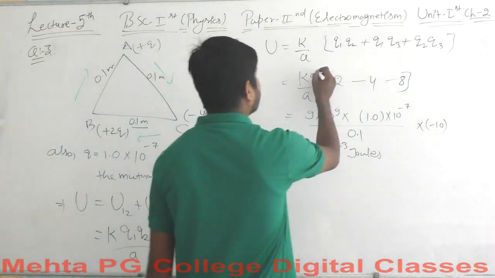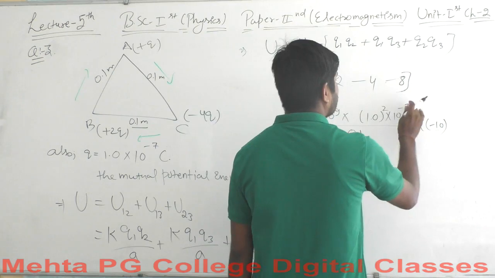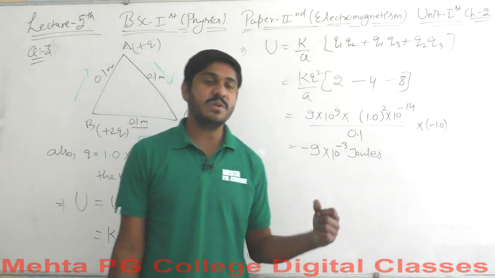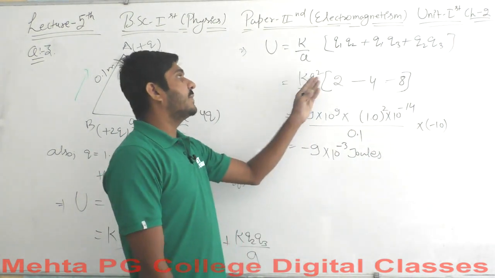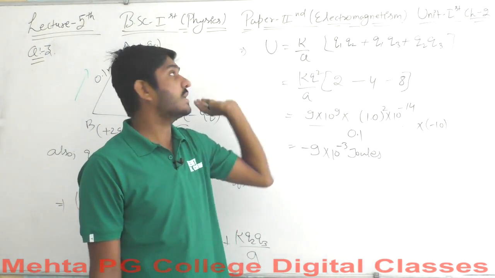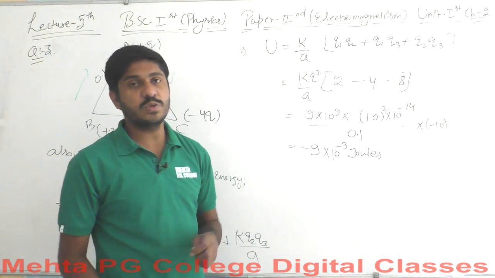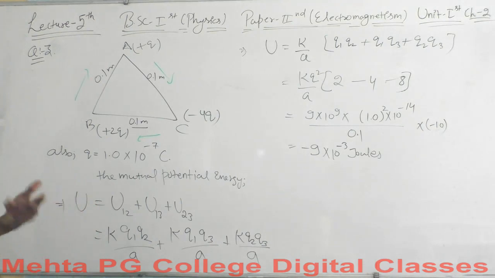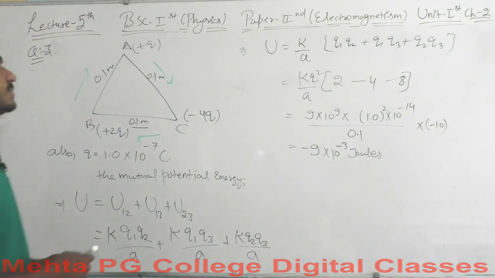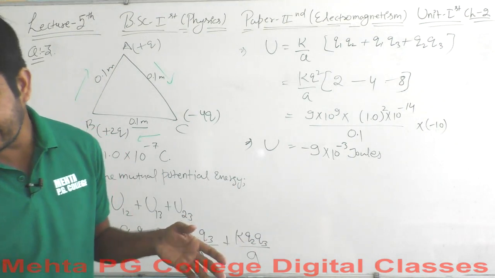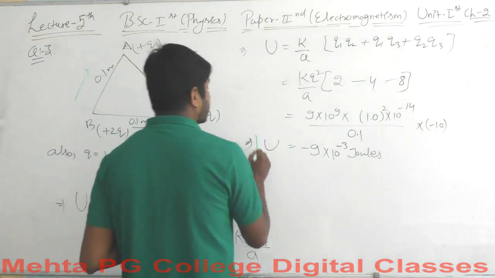Well, here it is Q square, sorry, and this value should be equal to minus 14 by now. This value must have a square term, because if you take Q and Q out of this, then Q square should be taken out of the bracket, not the Q only. So that's why this should be Q square here, and we will end up having the value minus 9 into 10 to the power minus 3 joules here. Okay, so this is it. This is pretty much easier for you to calculate, and it has not so deep a concept, so you won't get any disturbance in calculating these results here.